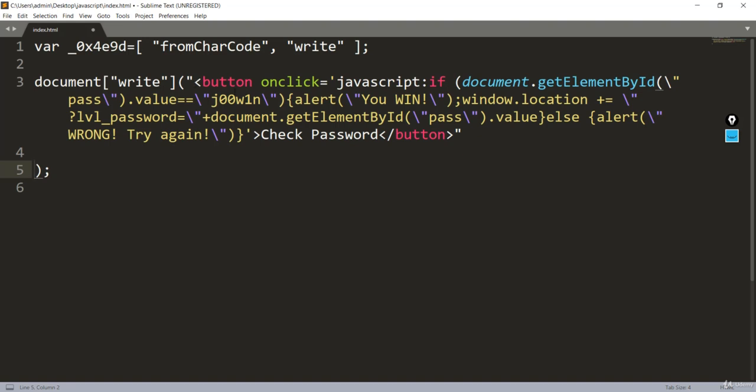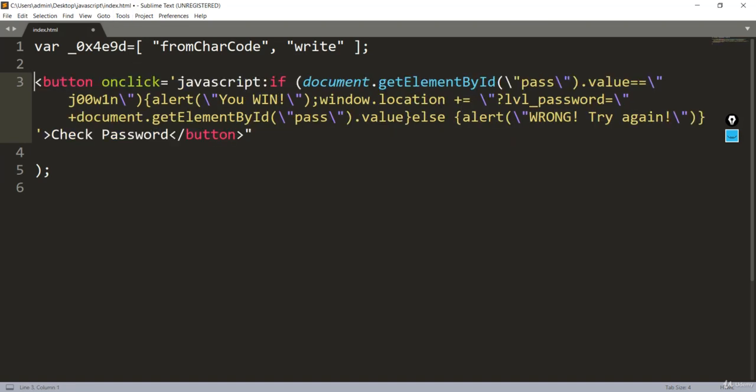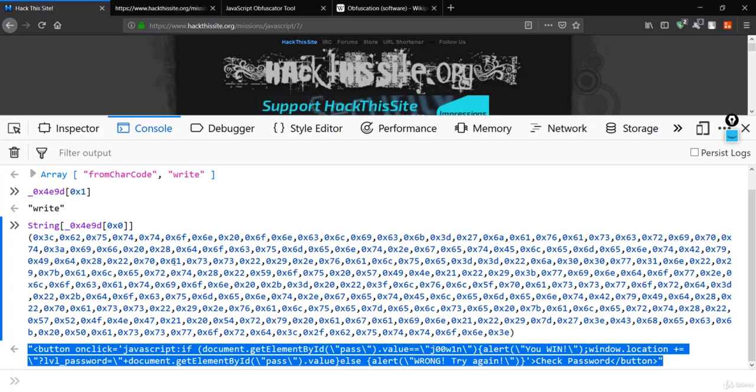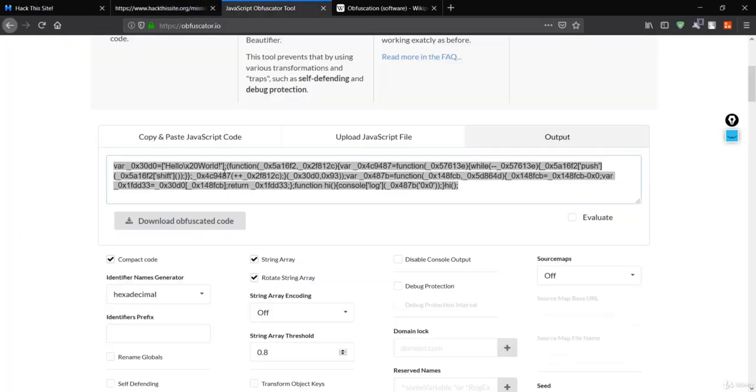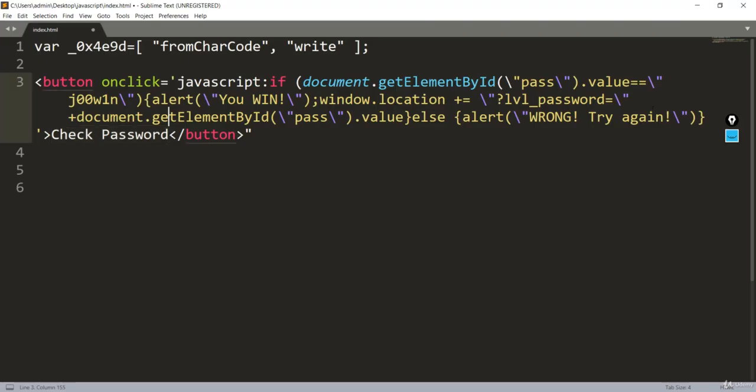So what we are doing is basically we have the code over here, and let me remove this bunch of things we don't need. So we now have clean JavaScript code. Let me remove this part too. Now we're familiar with the button tag, and this button tag is showing the check password, which was obfuscated with this bunch of code. It was hidden with this code, and you can also do this with an online tool. So we now have our clean JavaScript code. Let's see what is going on over here.